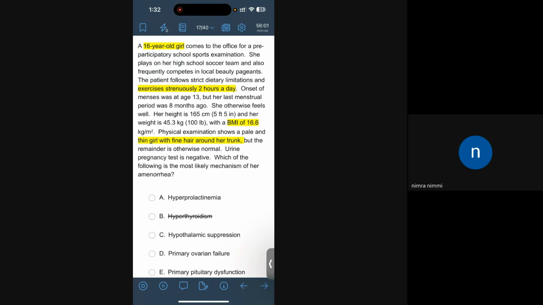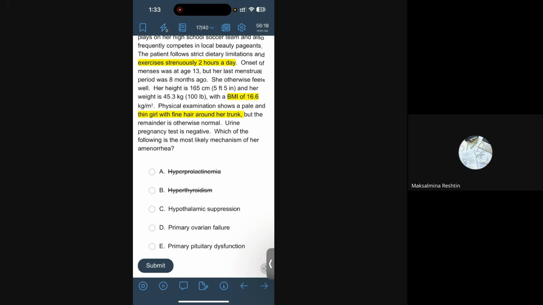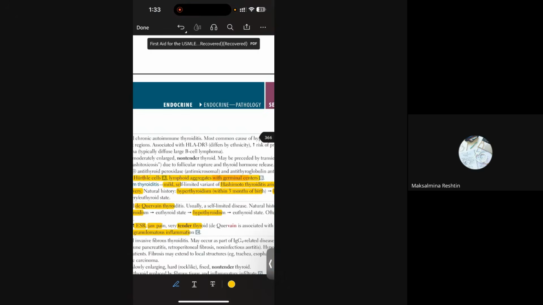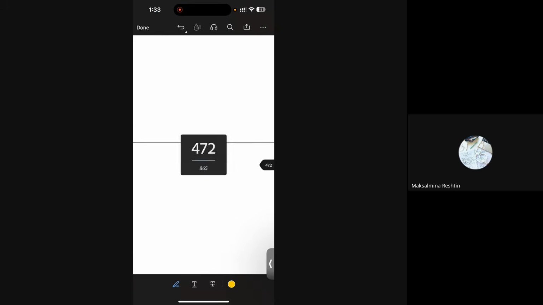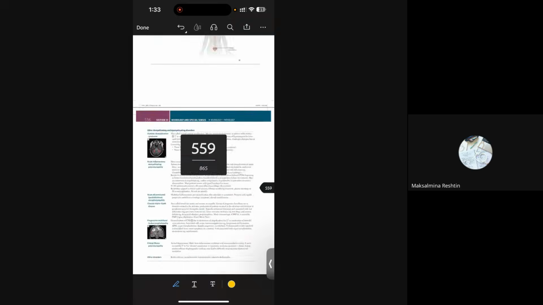Why do you think hyperprolactinoma is not the cause? In hyperprolactinoma, there is amenorrhea and galactorrhea. The patient has no galactorrhea, and how are you going to explain the low body weight and calorie restriction and strenuous exercise regime? And also no visual disturbance. Now we are left with C, D, and E. So the diagnosis which can explain all the features in this patient is